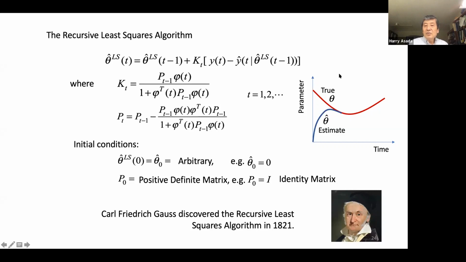Shown here is just a schematic. The real true theta, as you have more data, changes this way. And you start with just a rough estimate, in this case very rough, all 0. It can catch up, and at the end it converges to this. But to guarantee convergence, we need a little bit more conditions: the P naught originally must be a positive definite matrix, such as the identity matrix. You don't have to be